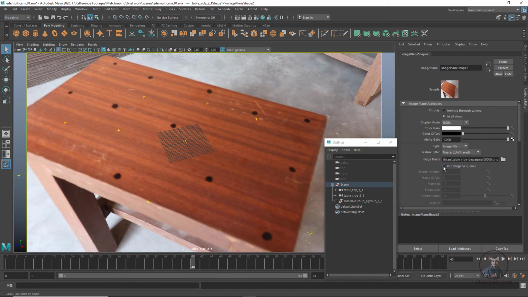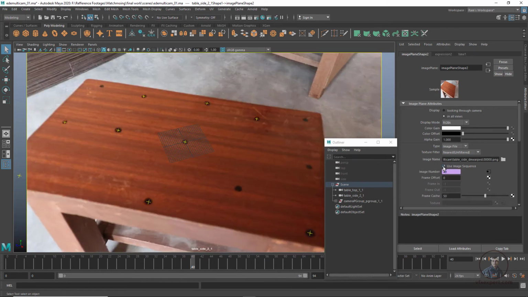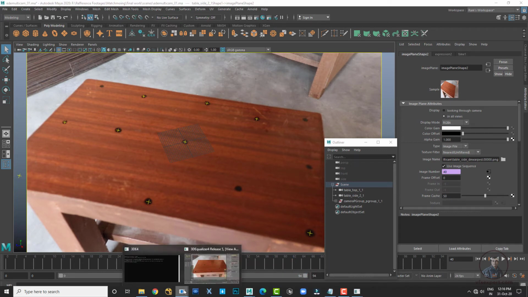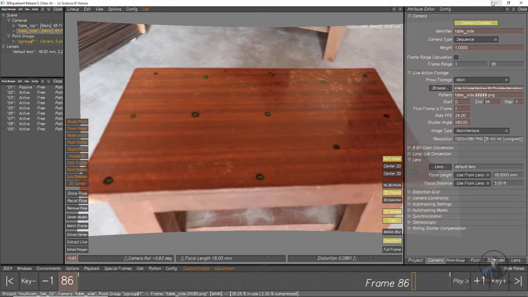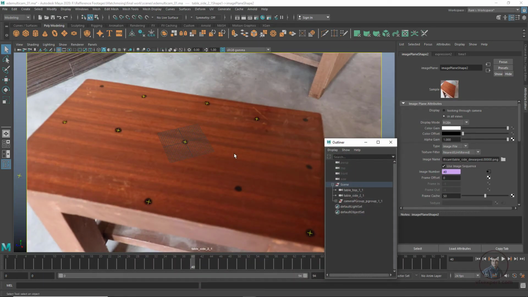Again this is the most important thing. Now you can see all locators or points are placed on our marker points as in 3D Equalizer. Now if you want, you can compare. Okay. So till here I have successfully relinked our undistorted plate in Maya.